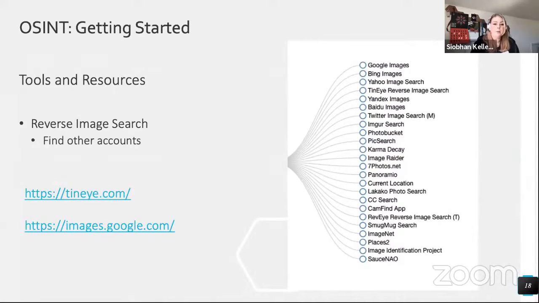And I typically use reverse image searches where I don't know where to start, if I'm striking out everywhere, or if I've finished the end of my investigation, things are starting to really run cold and I want to see if I can just get a few more things. Some of the things to think about is pictures on people's social media sites. You can run those to see if someone else has the same picture on their site to link accounts together. Pictures from the missing person poster, you can try running those as well. Those sometimes are taken by family members and exist on their social media sites. So when you search them, those will come back sometimes.